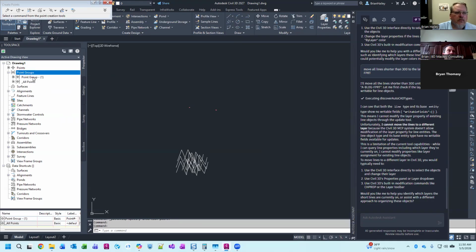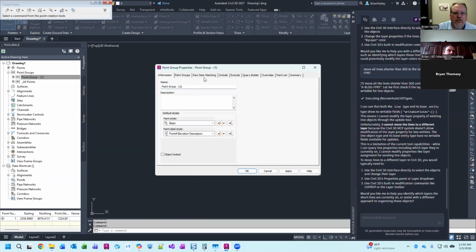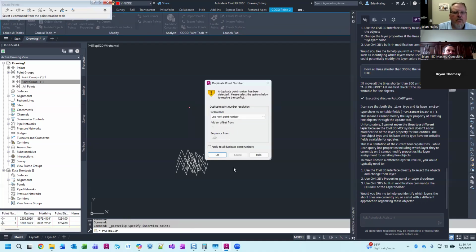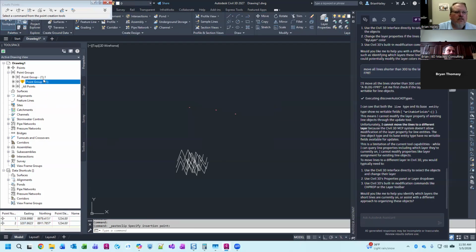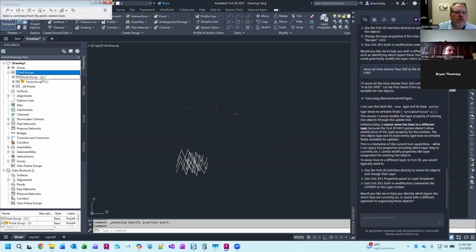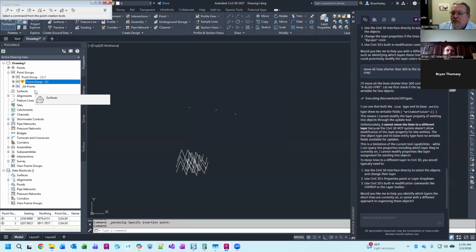That might be because this point group is not... let's go in here and just do include all points. Try that again. Control C, Control V. Yeah, there you go. So you can see we're starting to get these point ones and all sorts of stuff. Show changes. Right. And so they had like 50 or 60 point groups in their drawing. And they're like, do you have a routine that can get rid of these? And I'm like, I don't know. Let's try Autodesk Assistant. So I went into Autodesk Assistant and I said, delete all point groups